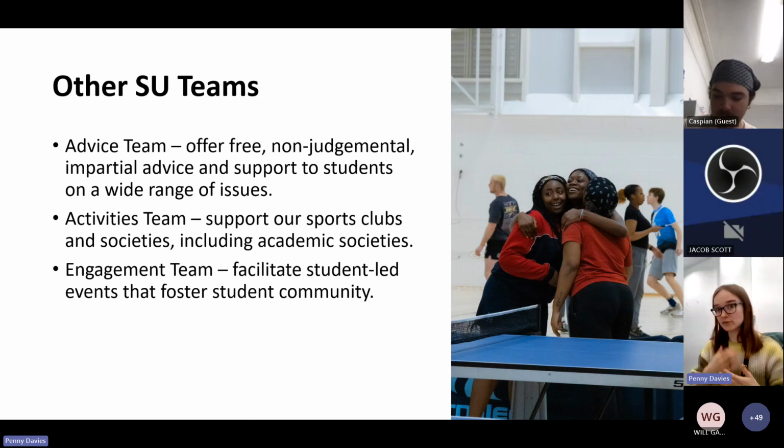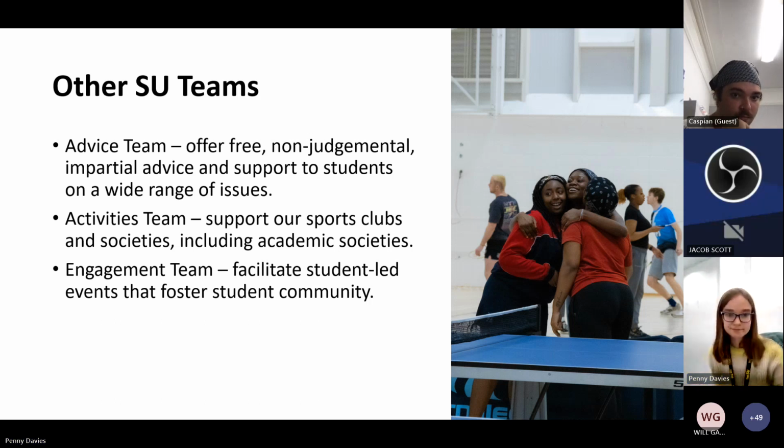So if you ever have a student coming to you with an issue that's quite personal, you as a representative aren't responsible for that student because you're supposed to be there to represent the majority, but you can signpost them to the advice team who can support on an individual case-by-case basis. If you'd like to know more about the specific things that advice can help with, you can check them out on our website,